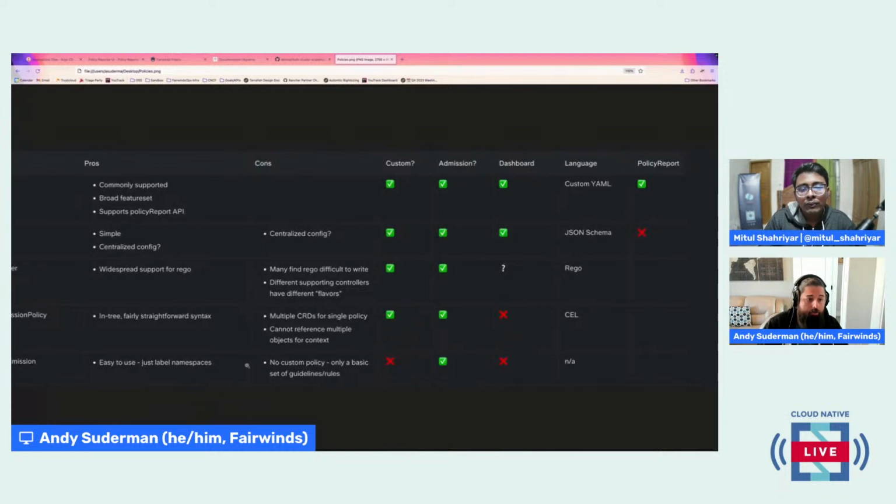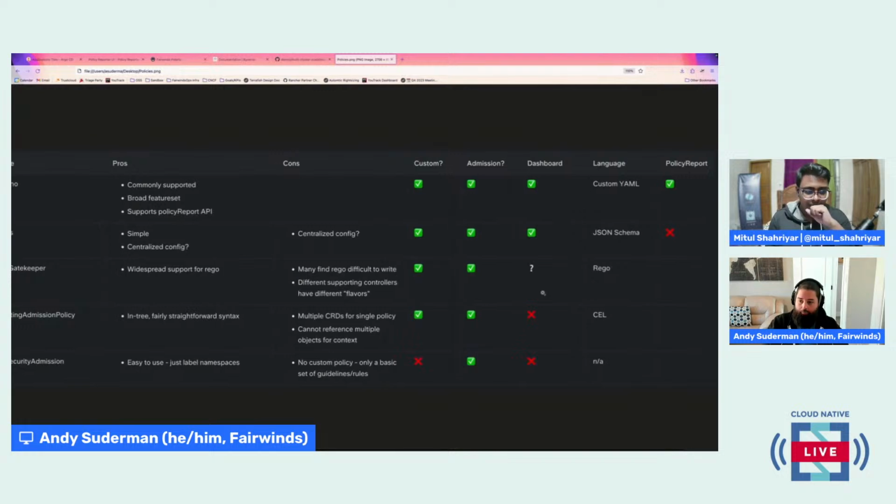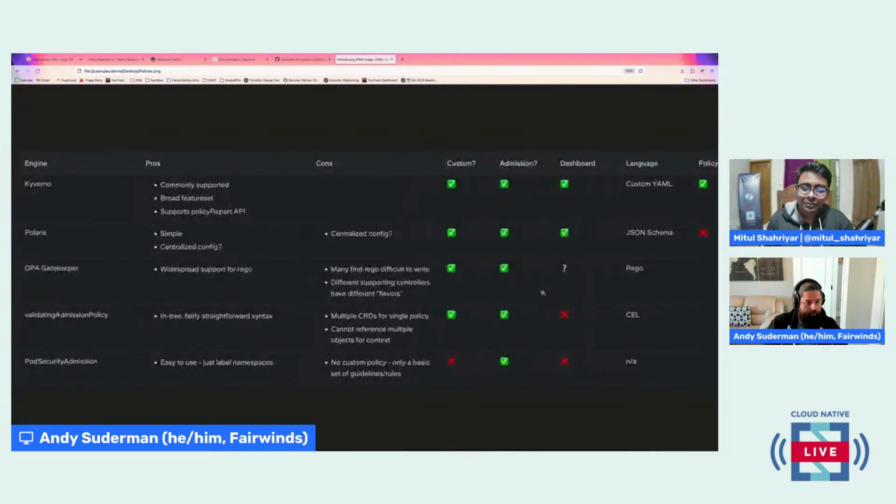And then there's this new thing called the Policy Report CRD, which the Working Group on Policy has been working on and released. And so this is now a standardized way for these tools to report policy violations in your cluster. And not everybody supports that yet either. I believe OPA Gatekeeper does. I think I missed a check mark in there. I think there's a plugin for Gatekeeper to support the policy report now. Please correct me on that if I am wrong.